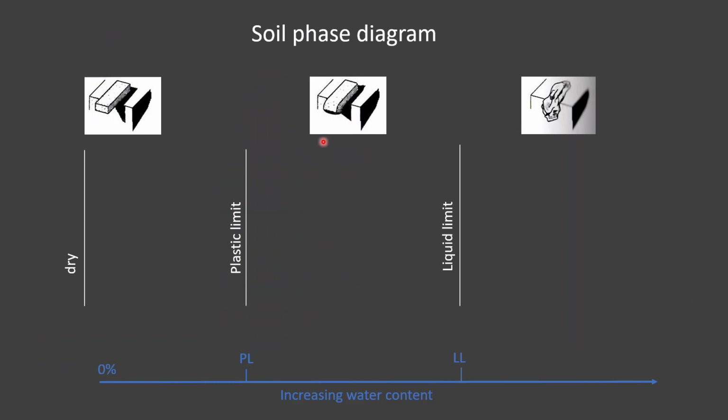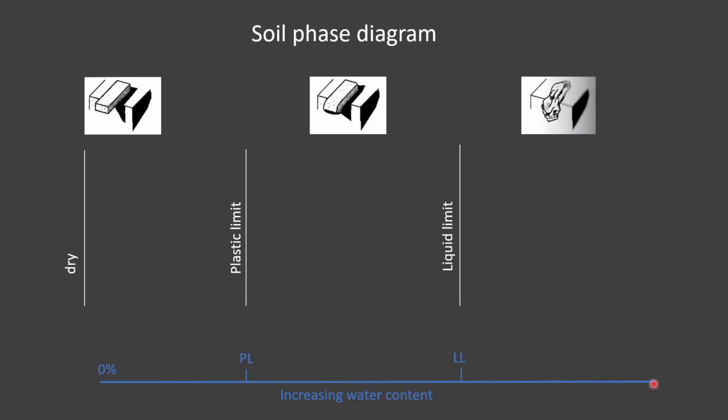So a soil phase diagram is basically an attempt to show soil as it transitions from a dry phase, where it would look like a solid block or a brick. And then if we look down here, the blue scale is increasing moisture content. So we're dry down here at 0% moisture content, right? And as we increase to the right, we're going higher in moisture content, up to and exceeding 100%, because you know from prior tests, a pure clay can well exceed 100% moisture content. So there really is no end limit to this